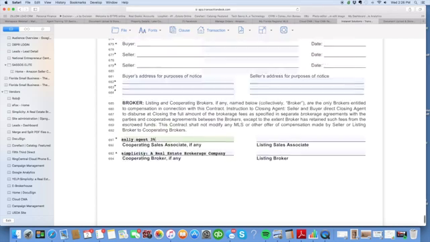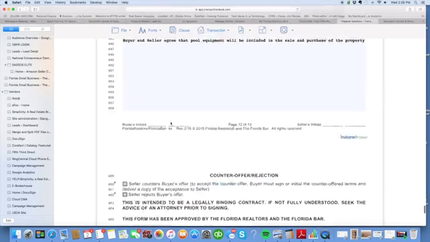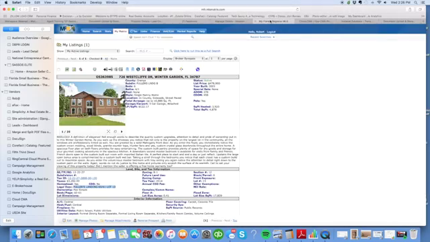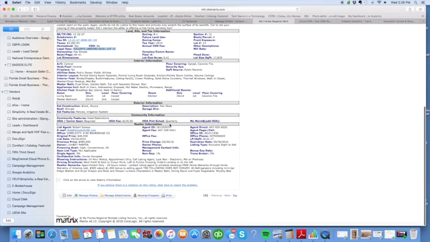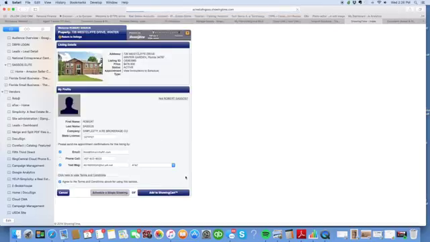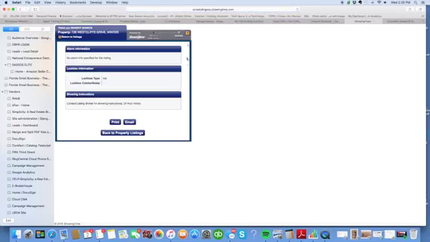Okay, so you have all this filled out, you have your buyer sign it, and then you'll go to your realtor remarks to see if there's any type of special submission of offers. You can also check showing instructions to see if there's any type of instructions for submission of offers. If not,